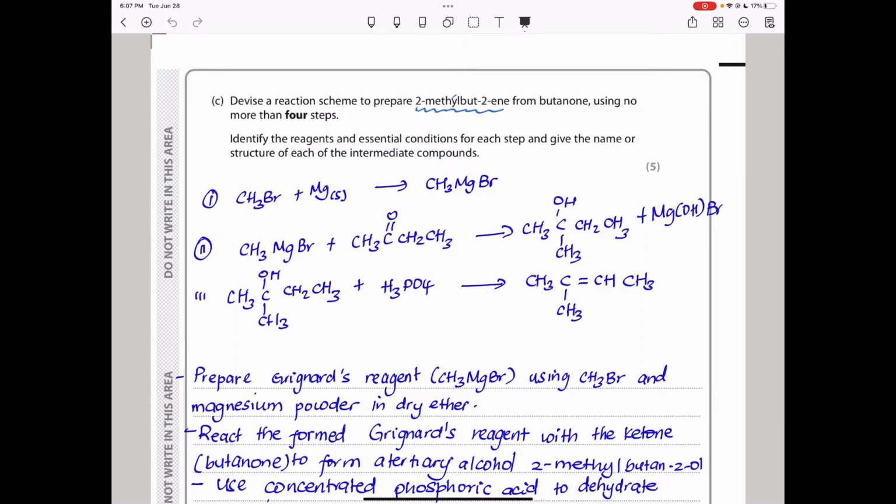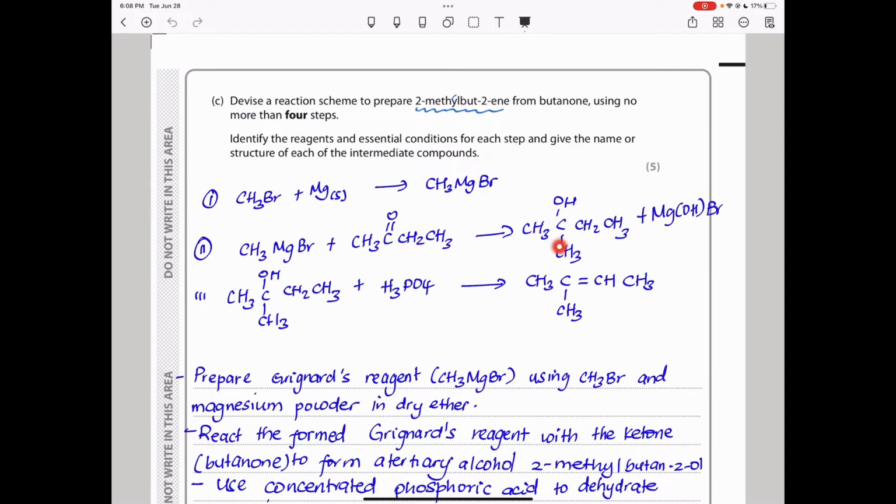Remember this other part, the methyl part. I wanted to be able to introduce the methyl part. So CH3Br, when you react it with magnesium, you produce Grignard's reagent. And then Grignard's reagent is going to be reacted with a ketone. When we react it with a ketone, we will produce